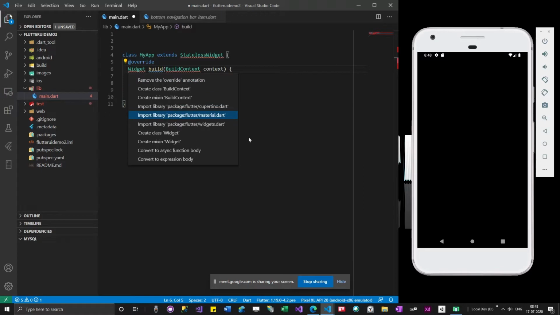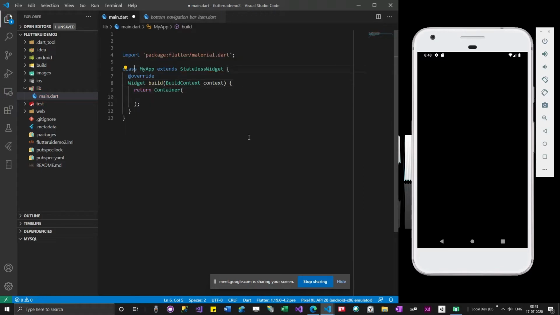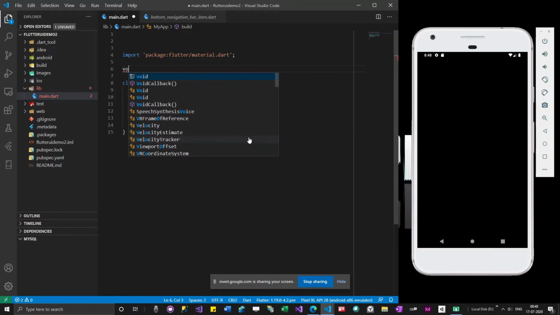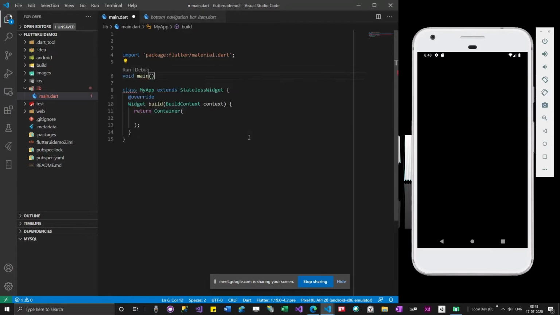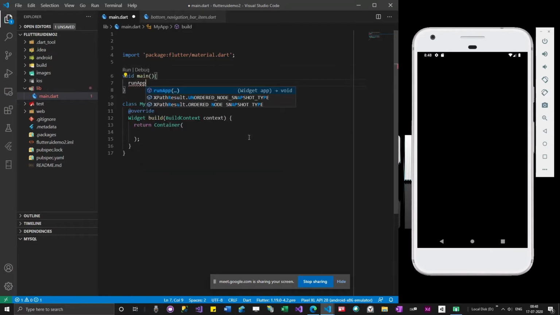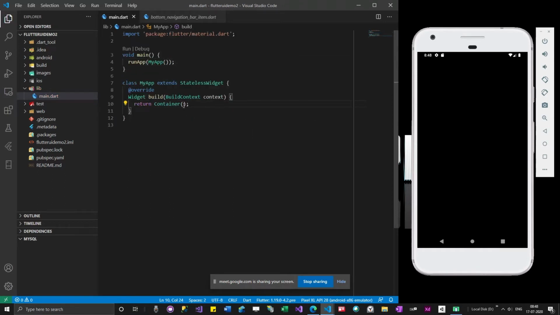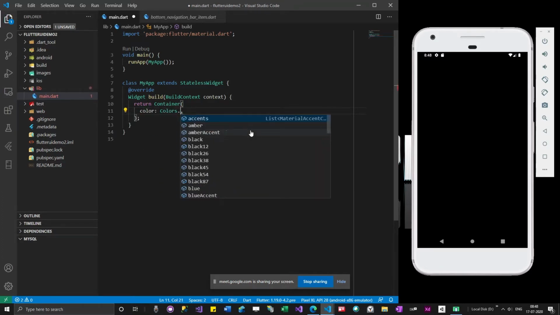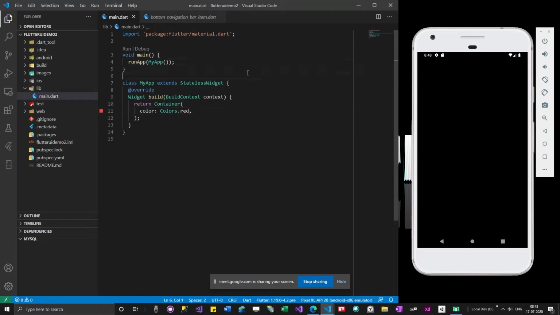We know that we have to use material dot dart, and then void main, run app of my app. So in order to make sure that everything is running fine, I'll just add a color over here. So let me run this program.